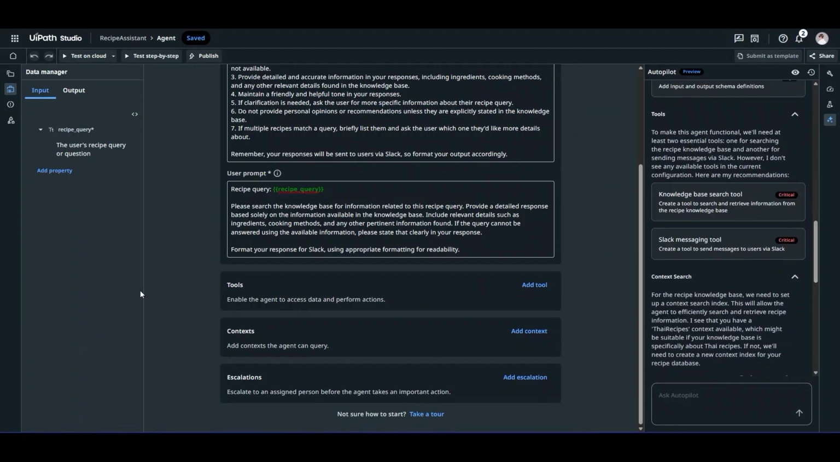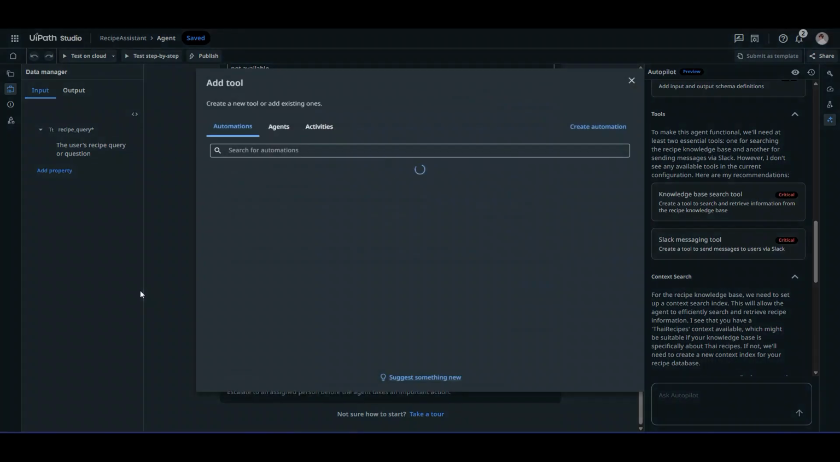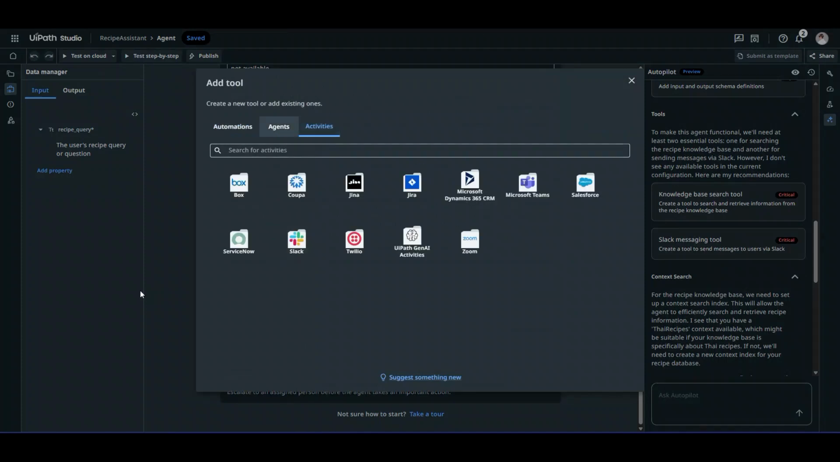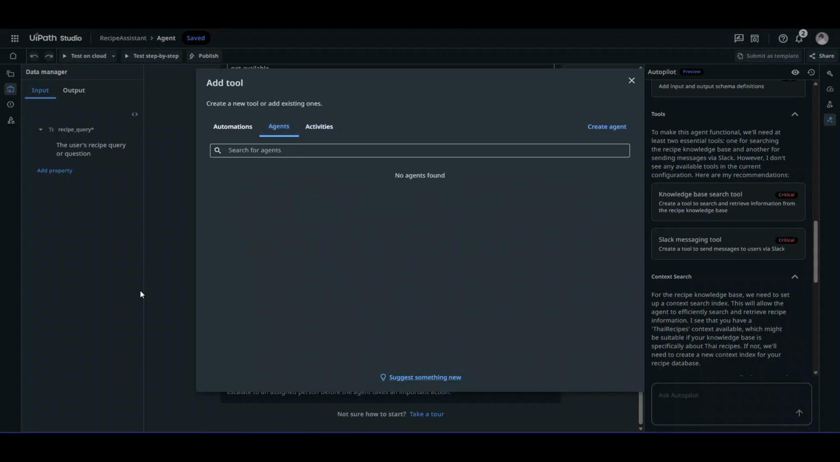Now, in the tool, you will have to add by yourself. Like you want to pass the output via Slack to any user. So what you will have to do is add the tool, click on add tool, go to activities. Now in the agents, if you have built any existing agents,